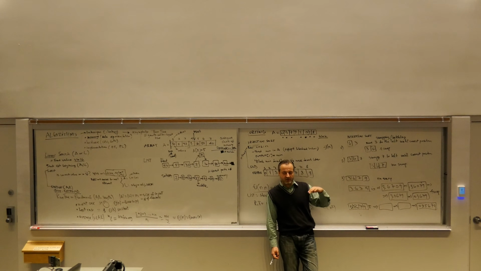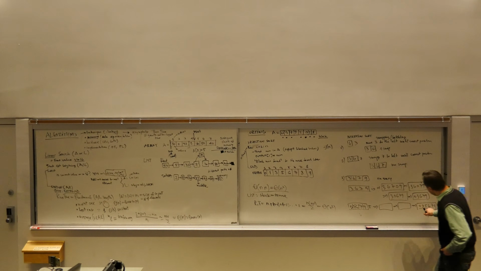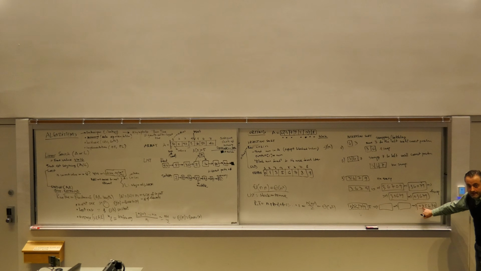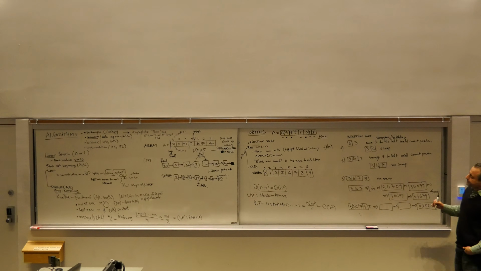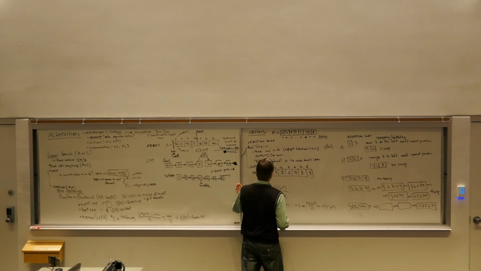I need to know the previous, so it'd be useful to have a doubly linked list. Because the list, the way I draw it, just goes to that side, but how do we get the previous element to swap to? We need to compare. The reason we know to stop here is we compare the 5 with the 3, and we say 3 is smaller, so you don't need a swap in there, right? Now, if I do this with the list,